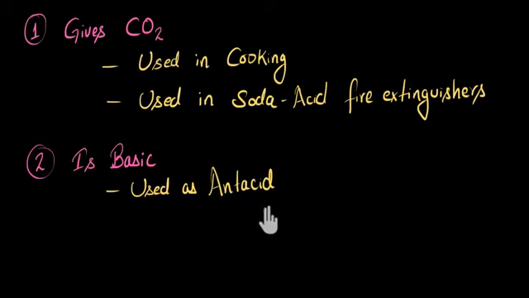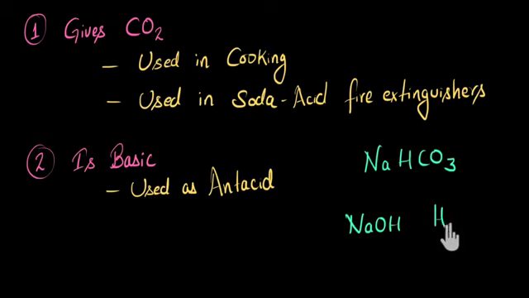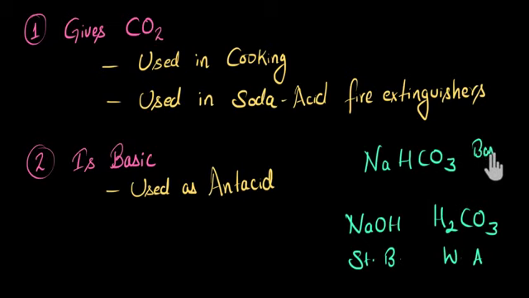And if you're wondering, how is baking soda basic in nature? Then see, baking soda is a salt, NaHCO3. And we can try to find out its nature. Salts can also be acidic or basic, right? So let's write down its parent acid and base and then try to find out its nature. So the parent base over here will be NaOH, and parent acid will be H2CO3. And we know that this base is a strong base, whereas this acid is a weak acid. And whenever strong base reacts with weak acid, we get a basic salt. So this is going to be a basic salt.